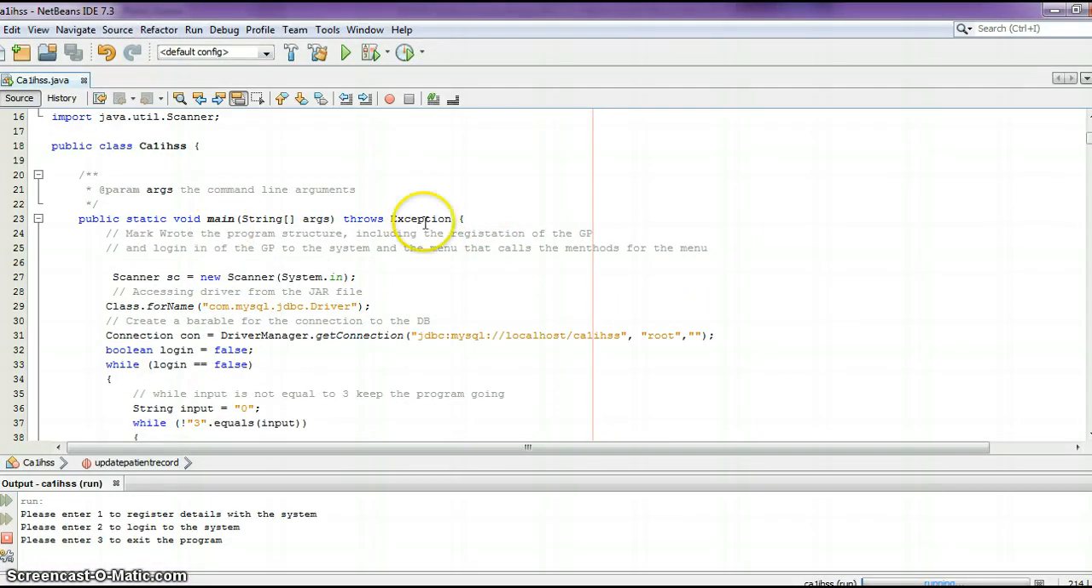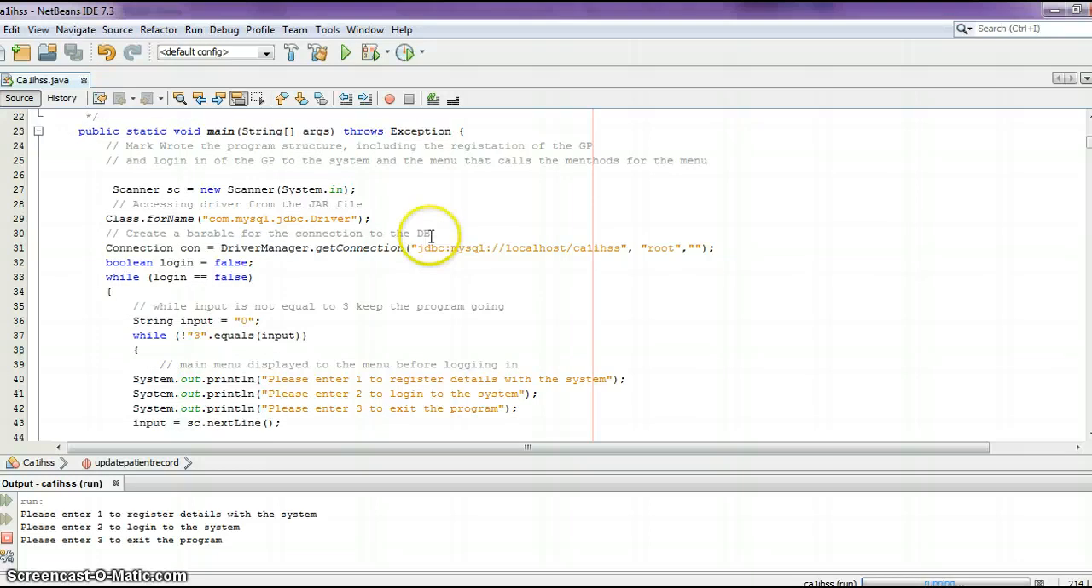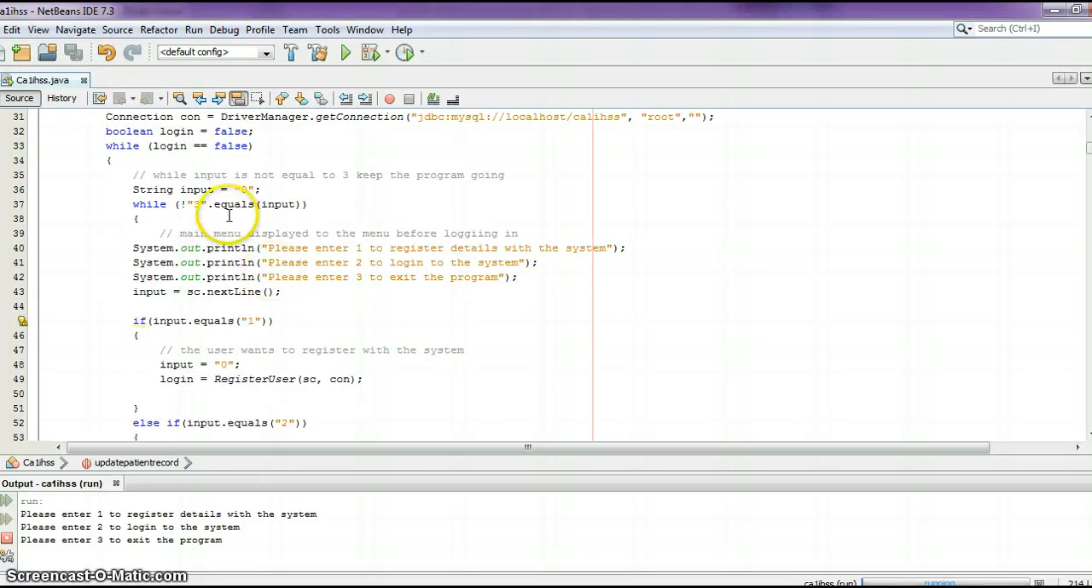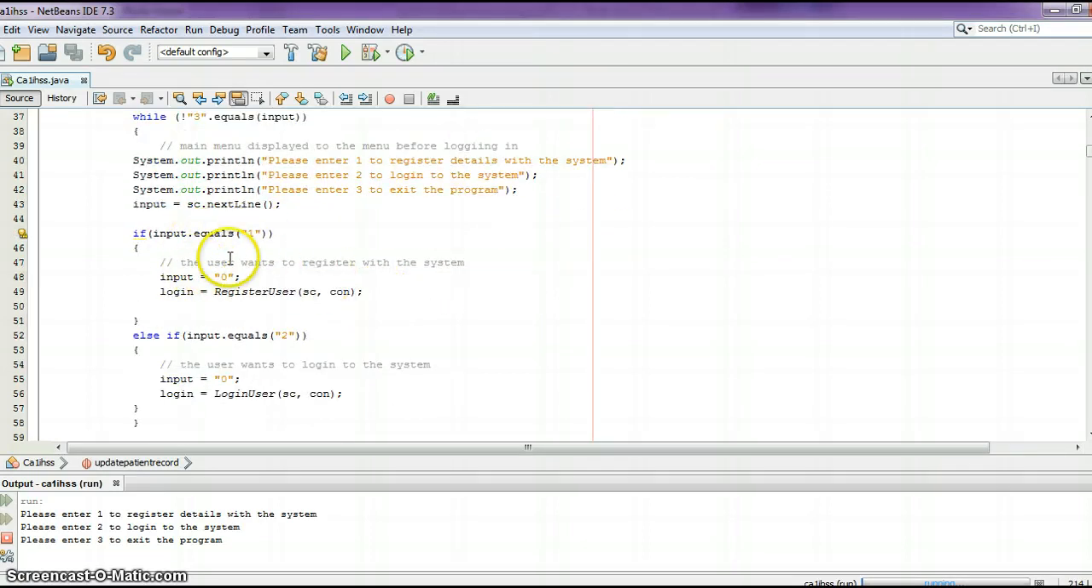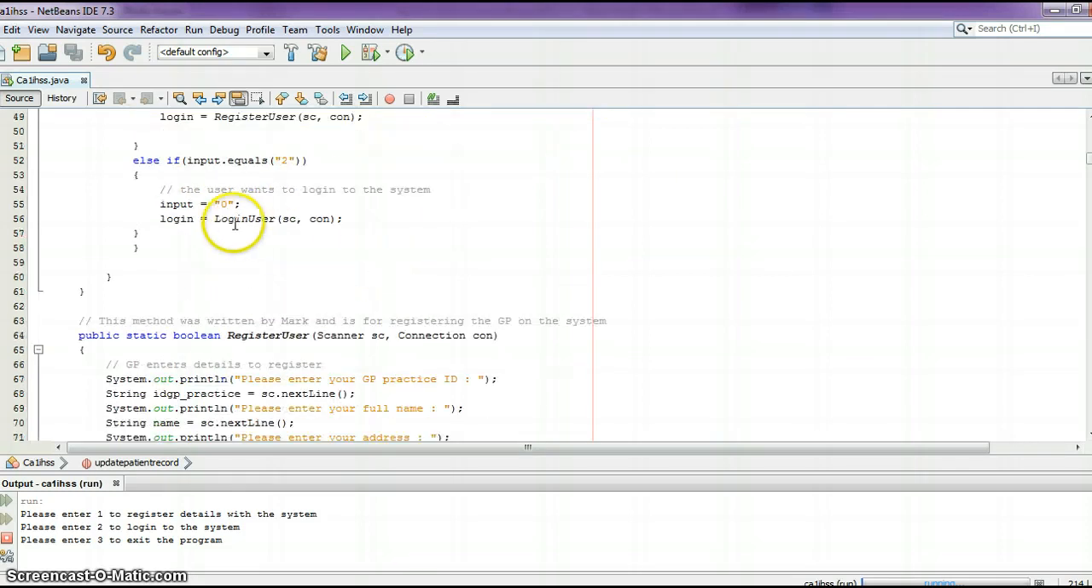So class, this is our main. This allows input from the user, connection to our database, a Boolean, and this is the first part where you can register details, log in, or exit the programme. There's an if statement here. If it equals 1, you go into the register user method, and if it equals 2, you go into